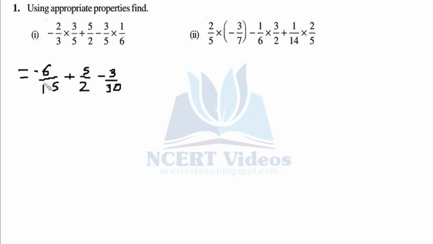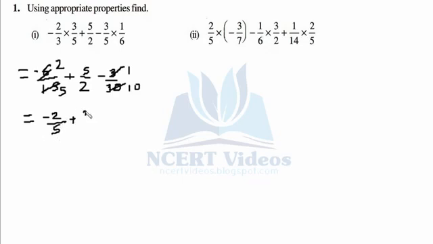So do we have any cancellation opportunity over here? Well, yes, we can do that. 1 3 is a 3, 3 1 is a 3, 0. Now here also, 3 2 is 6, 3 5 is 15. So what we are left with is equal to minus 2 over 5